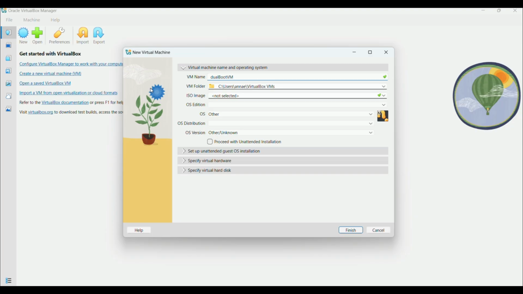We must explicitly tag the container as Windows 11 type profile, even though we are going to be installing Linux first, because VirtualBox uses this profile to automatically optimize hypervisor settings behind the scenes. Especially selecting Windows 11 enables certain firmware by default and configures the virtual chipset and ACPI settings appropriate for modern operating systems, which prevents